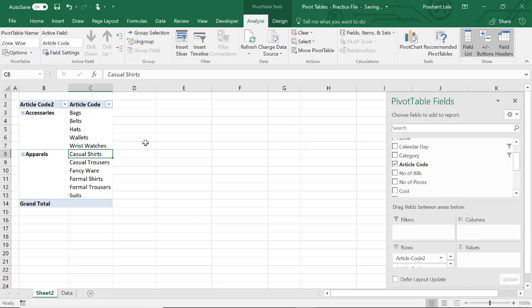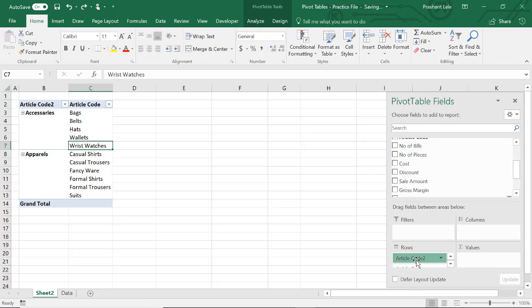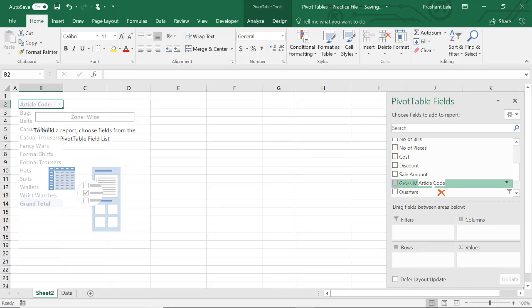So the first one we saw was automatic grouping, which applies to the date field, which Excel does for you, and you can remove it if you don't want. The second one is manual grouping. By this you can select items one by one and put them in a desired group. You can create as many groups as you want from your field list. There is another one, the third grouping, which is grouping the value field. I will just remove everything and show you this third grouping style.